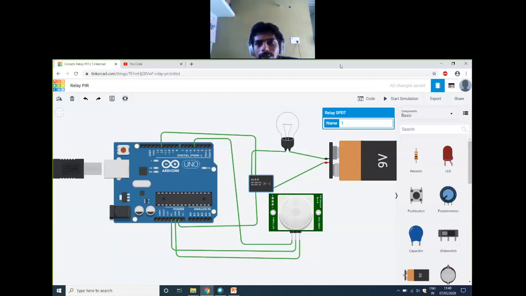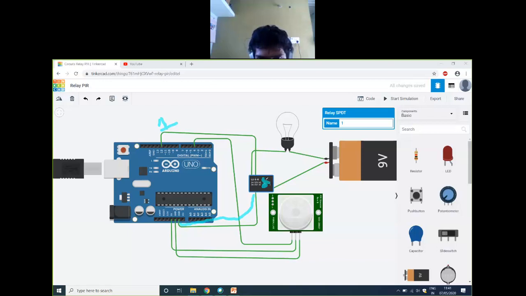Common is directly connected to NC, but it is not connected to the above part, NO. Once you provide logic 1 to terminal 5, and terminal 8 is already grounded, the relay's inductor gets energized and common and NO get connected.